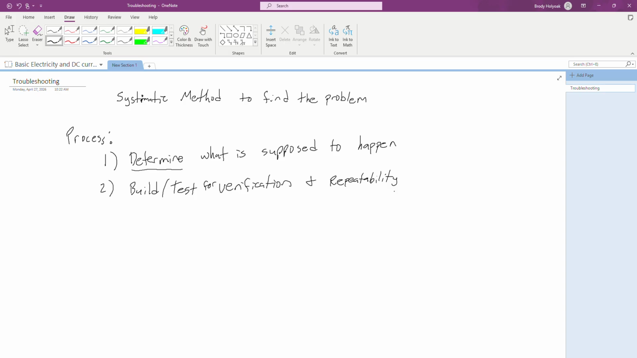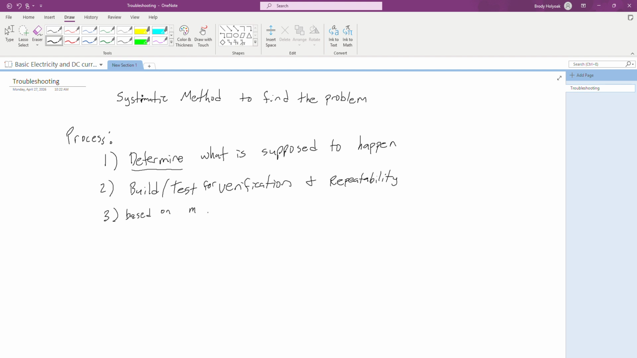When we are building our circuits for the first time, a lot of times we're going to be building and testing for verification. That's part of where we determine there was a fault. We built the circuit we were going to test and it's not working. Why is it not working? Again, a lot of times it could be operator error. Okay? So then we build and test, and then based